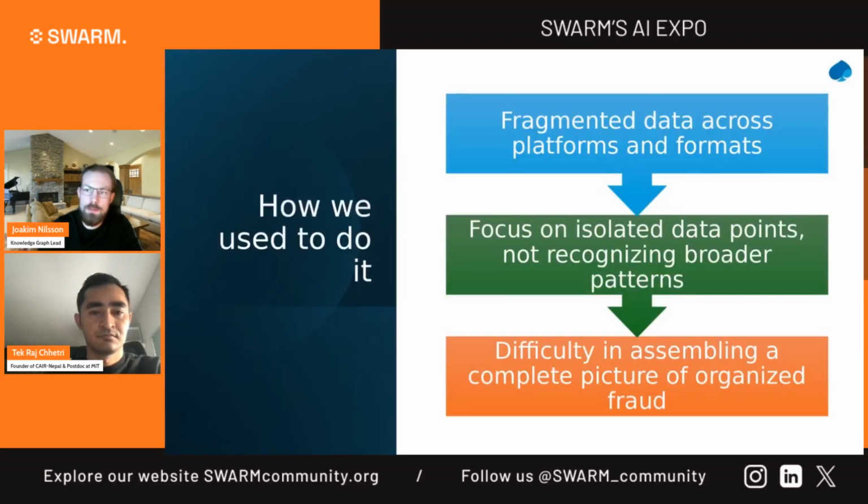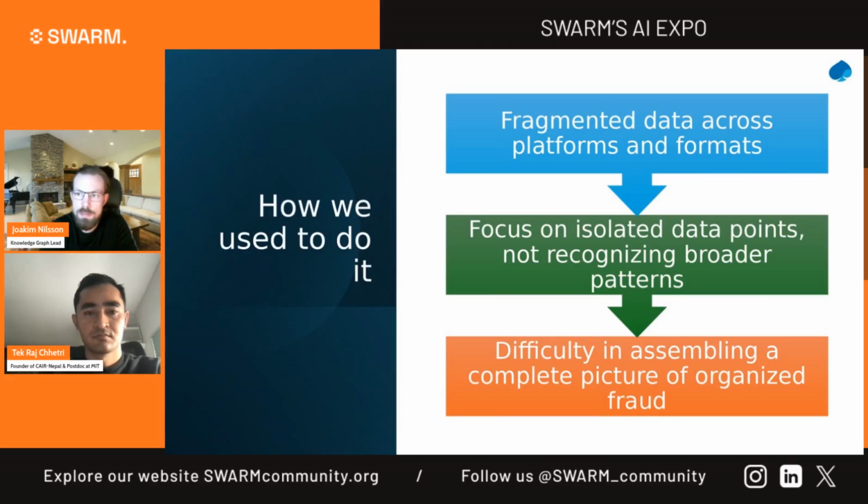Graph databases offer a groundbreaking solution by mapping relationships in unstructured data, revealing intricate connections and visualizing patterns that were previously hidden. These systems excel at handling dispersed data and can adapt to new fraud scenarios in real time, providing authorities with a clearer, broader view of complex networks. This innovation allows authorities to stay ahead of fraudsters with scalable systems that can learn and evolve.